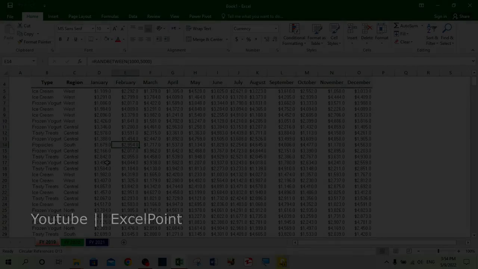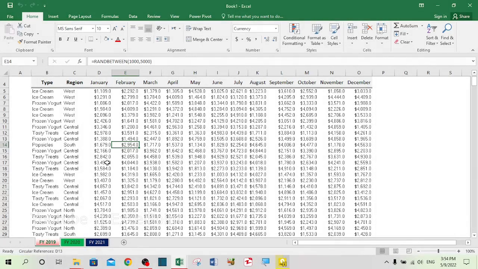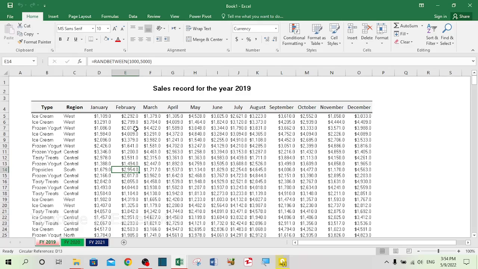Hello, in this tutorial I'm going to show you how to create a pivot table from multiple worksheets using the pivot table wizard. In this Excel file we have the sales record for 3 different years from 2019 to 2021. We have the different types of product, we have the different regions, and we have the sales volume from January to December. Now the purpose is to create a pivot table, summarized data from these 3 different financial years from